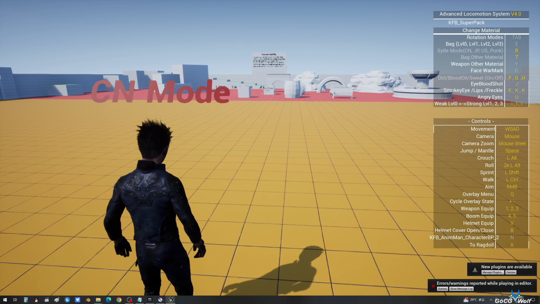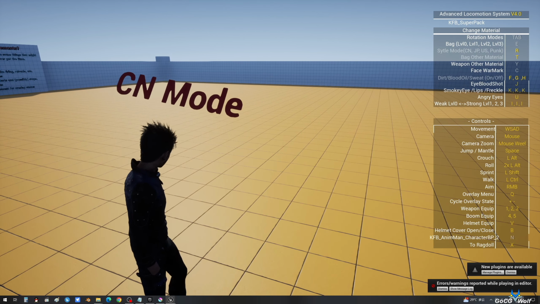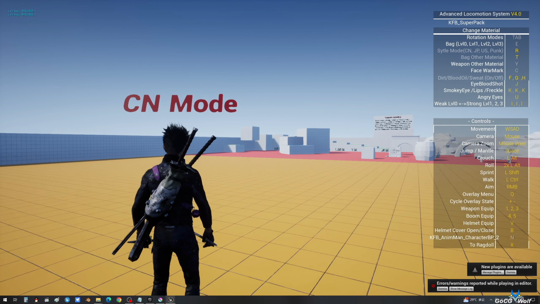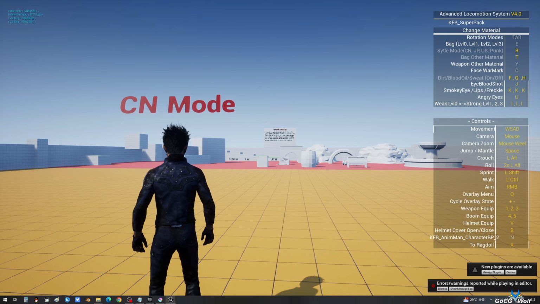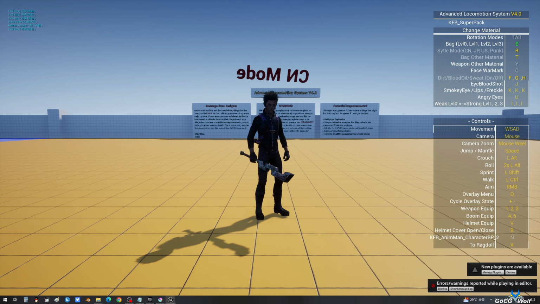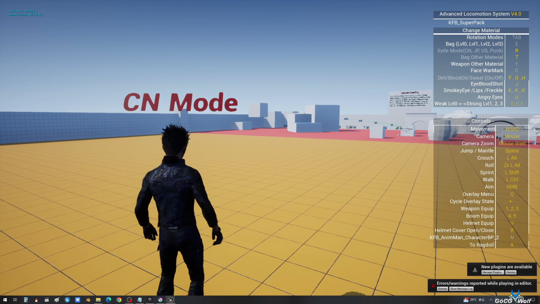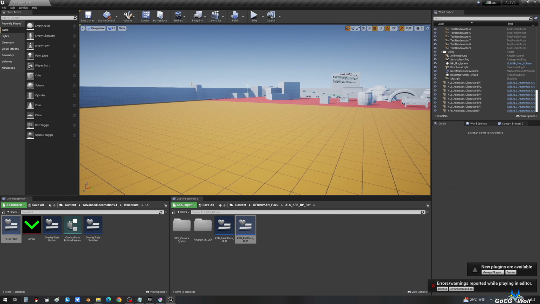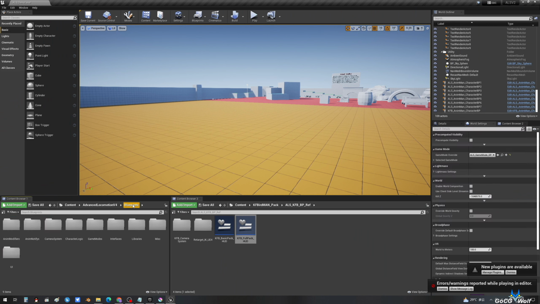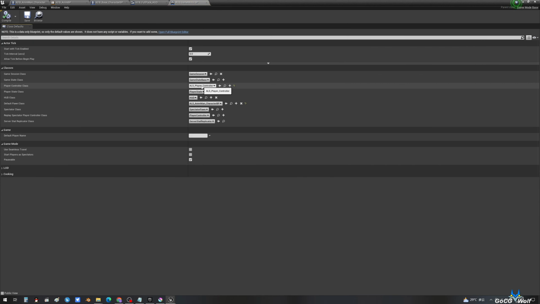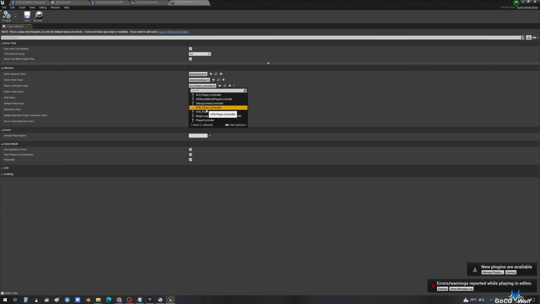Press the Tab key. But there was no response. We need to modify the player controller. In the game mode, set the controller to be KFB's and save.